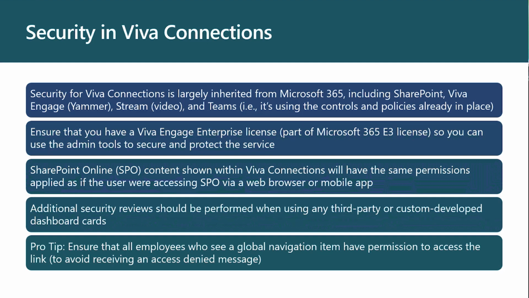because they're reaching out to external systems. And then last, and this is really just a tip, the global navigation, so the menu, is links that you add, and then you can filter them to an audience, but it's not doing permissions checking. So there's potentially a situation where somebody sees a menu item that they don't have access to. So it's just making sure that you have the audiences set right so that people don't see those items. They're not going to get access to them, but as an end user myself, I always get annoyed when I see something to click on and then I get access denied. So that's more just making sure that the items that you're sharing in your navigation are in line with the permissions.